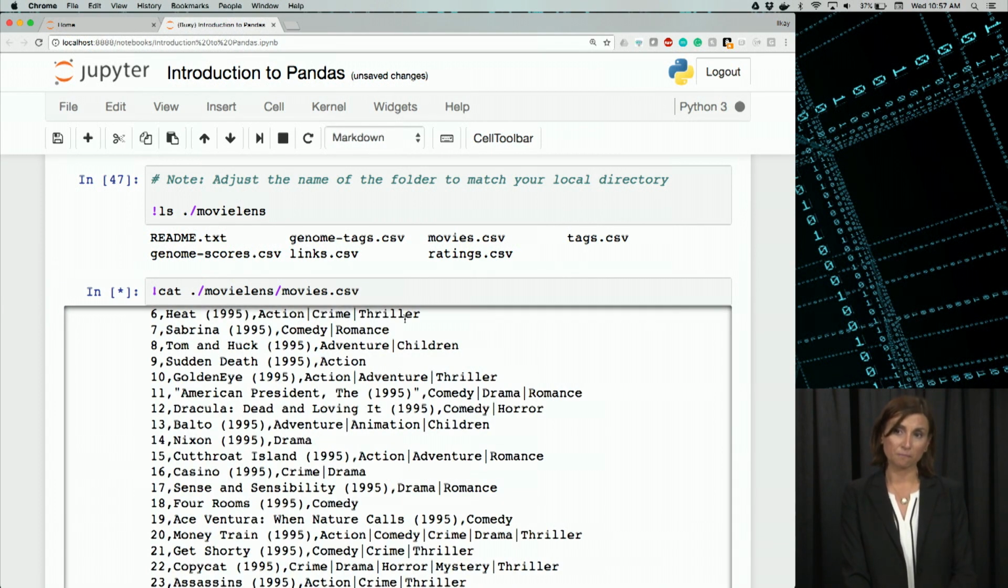This will take a while. You'll know that it's running if you see the star here right next to In, that means your kernel, the Jupyter kernel in the background, is processing the command that you've written. We are already seeing some partial output. We see that there are some comma-separated files in that directory, and we are running cat to display the contents of the movies.csv file, and we will see that